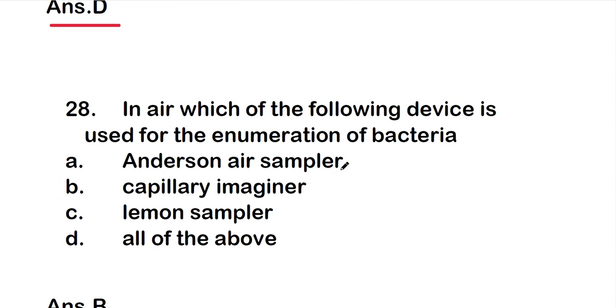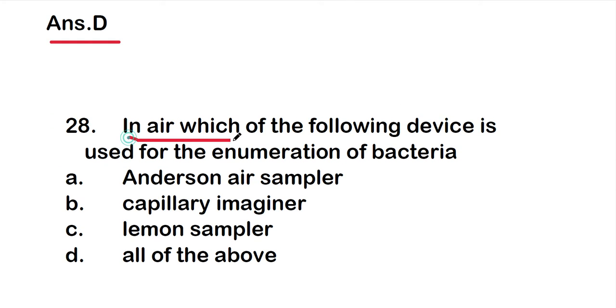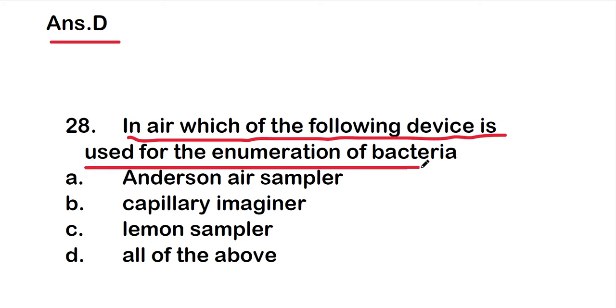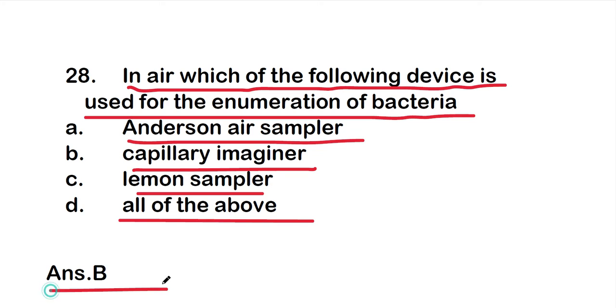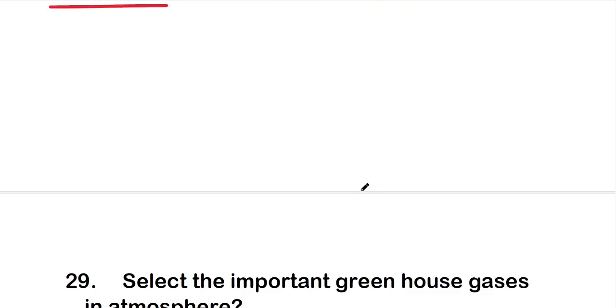So next question is, in air, which of the following device is used for the enumeration of bacteria? And the options are Anderson air sampler, capillary impinger, or Lemon sampler, or all of the above. And the right answer is option B, that is capillary impinger. So in air, capillary impinger is the device which is used for the enumeration of bacteria. So move on to the next question, that is,